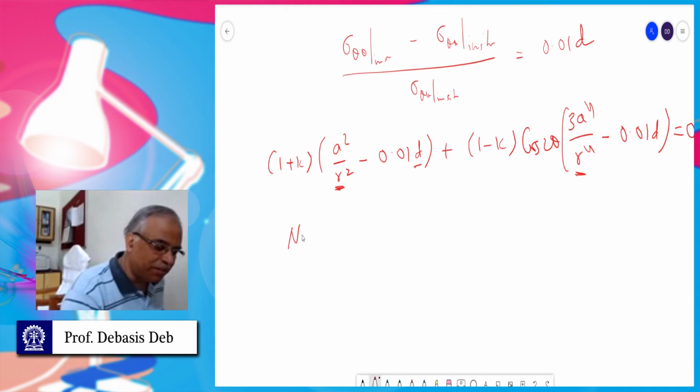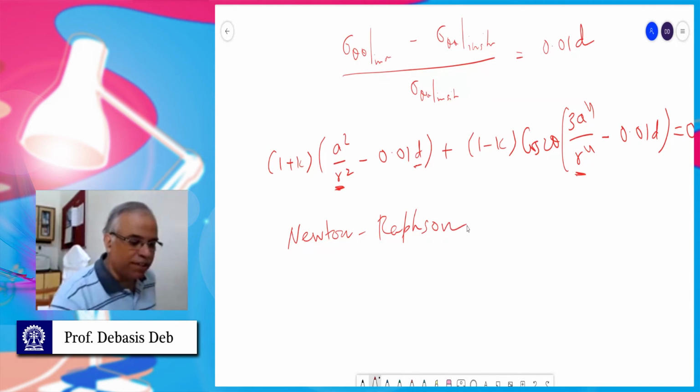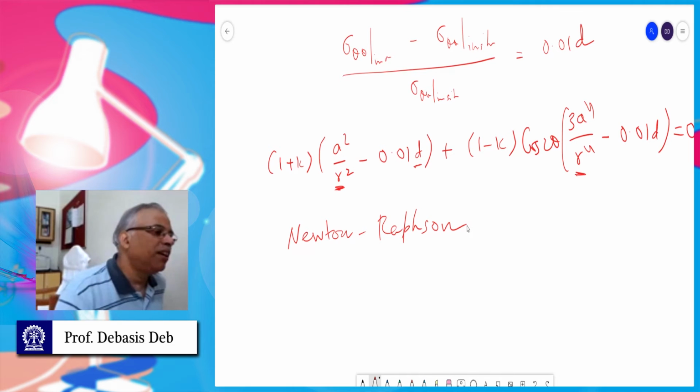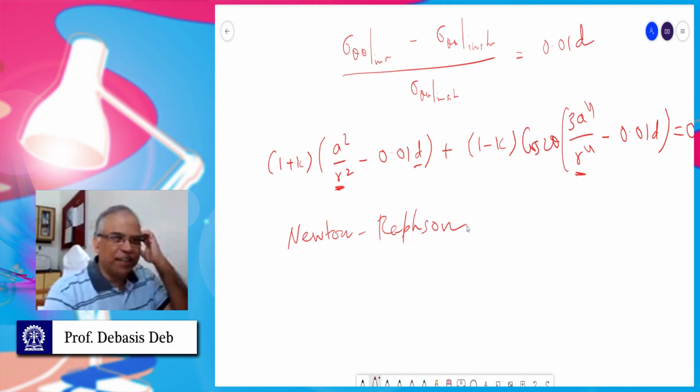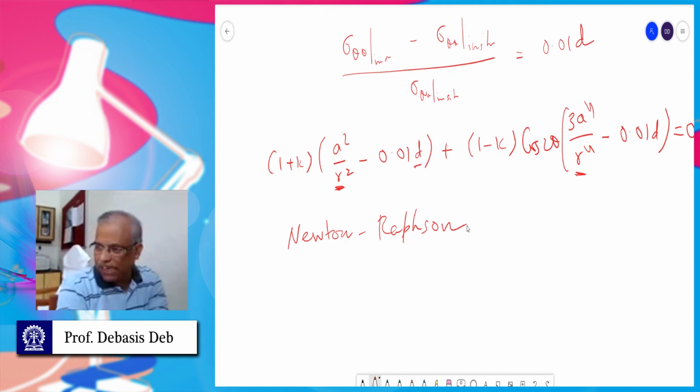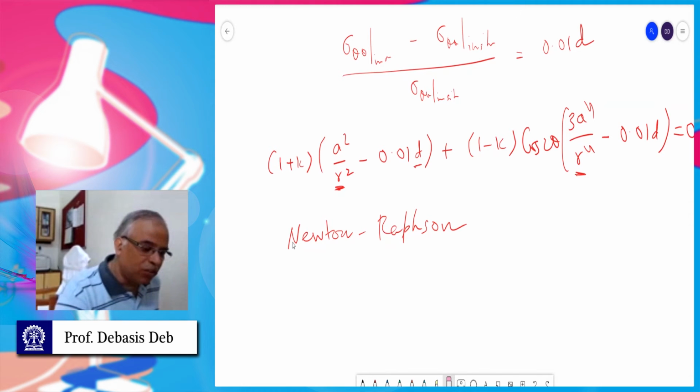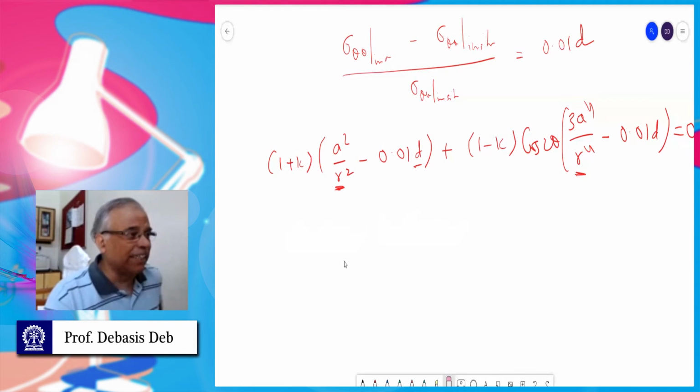Okay, there are many methods, but you have heard of the Newton-Raphson method. Yes, sir. So that is one of the best methods. I think there are many others there. Newton-Cotes method is another one, and there are also methods like bisection. But you can use Newton-Raphson to solve this. Okay, so I give you a little less challenging one.